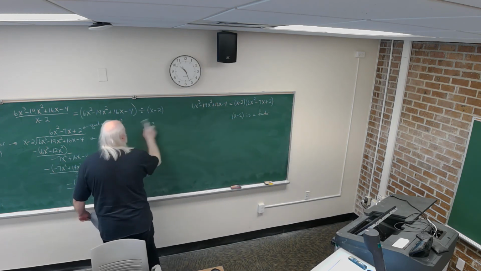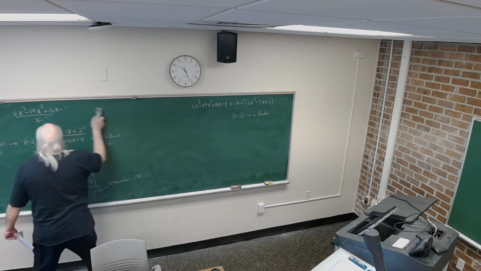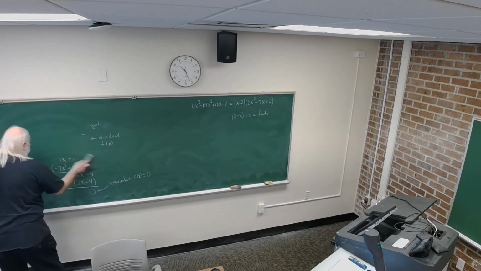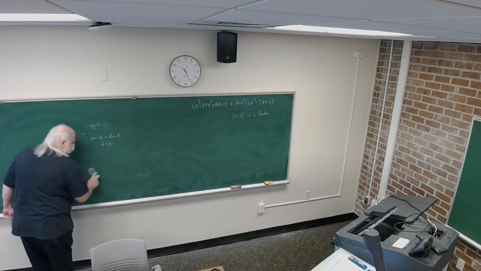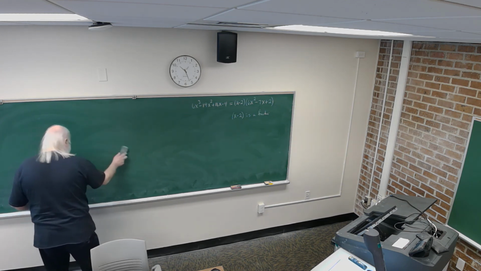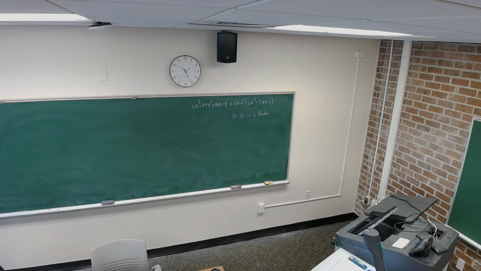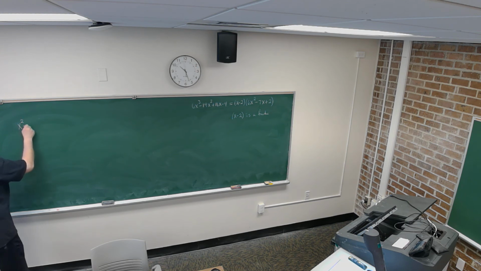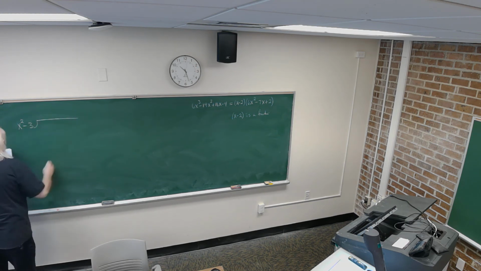We should be able to speed things up now that you got a taste of this. So we're going to divide this 5th degree polynomial function by the 2nd degree polynomial function, right? Degree 5, degree 2. Okay. So the divisor is x squared minus 3. The dividend is 2x to the 5th